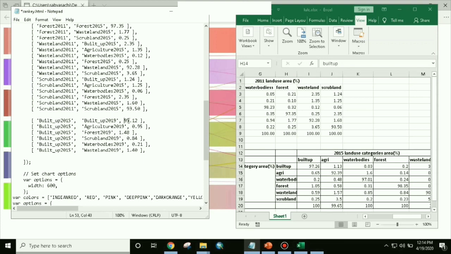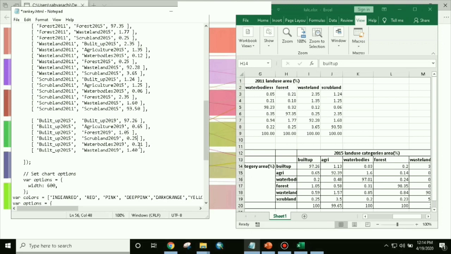So here we will type 97.26. Built up to agriculture, how much? 0.65. Now built up to forest, 1.05. And again built up to scrubland, so 0.25.